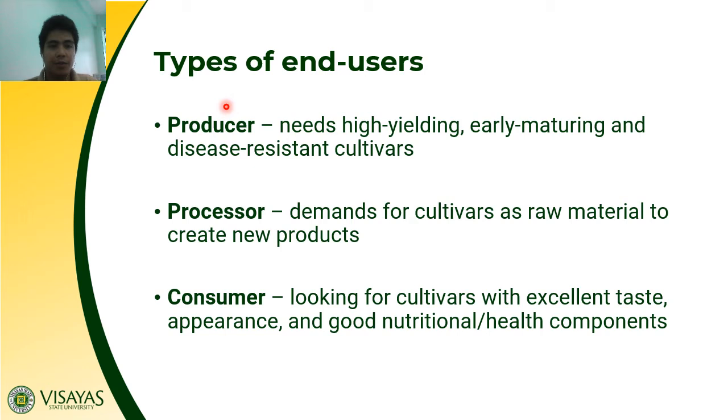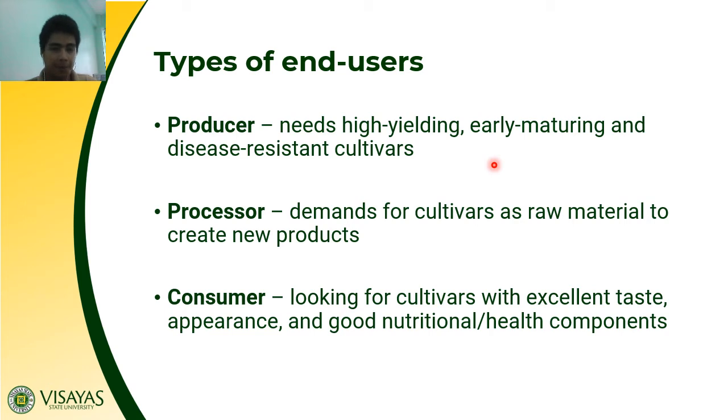So here are the types of end users. We have producers, processors, and consumers. Producers basically need high yielding, early maturing, and disease resistant cultivars. These producers are interested in increasing their profit. That's why they need high yielding and early maturing varieties. So remember, early maturing, the earlier the better. Early maturing, early harvesting, early income. Of course, disease resistance too, because what is high yielding if those are disease susceptible? So whenever you plant them, it would be nice if they get high yield and resistance, so there will be